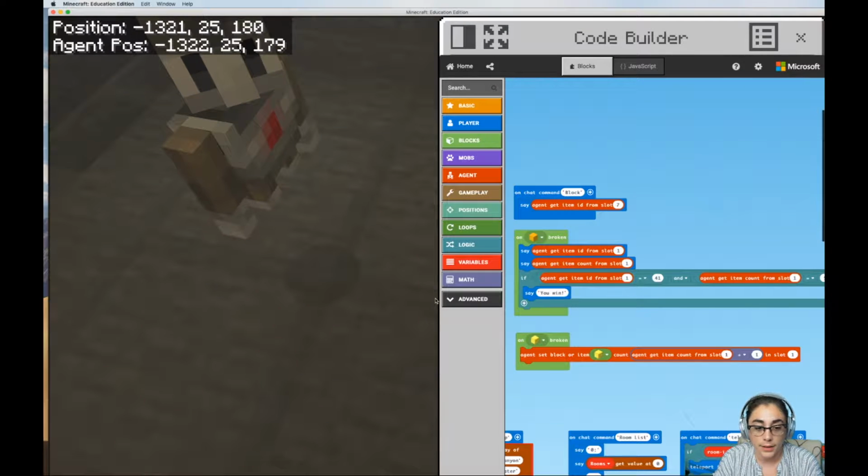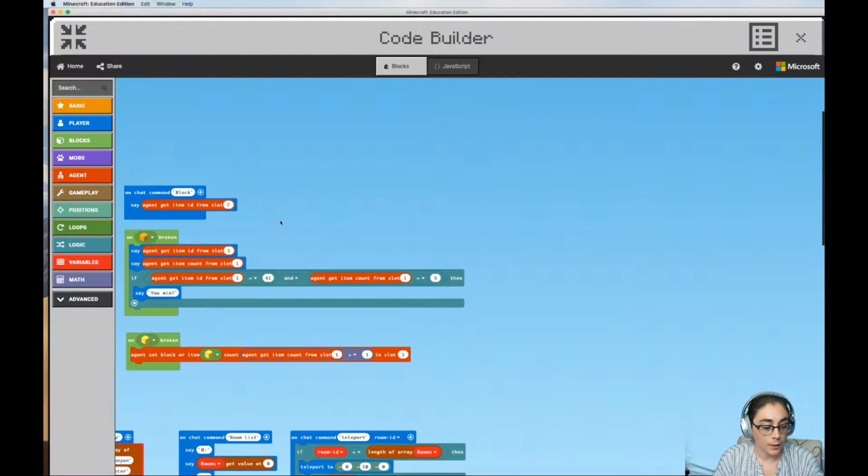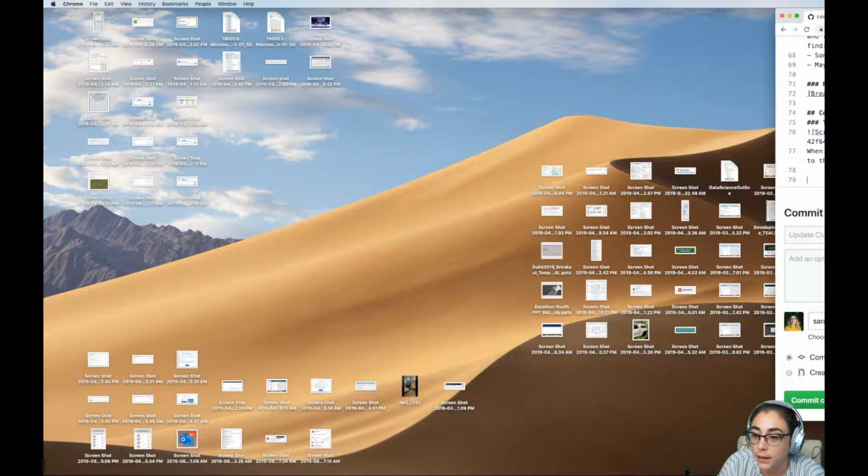This one was, let's make this bigger. This one right here would get the item ID from slot 1. It would get the count from slot 1 and just say those. And then if the item ID was 41 and the count was 5, then it would say you win. So basically 41, again,